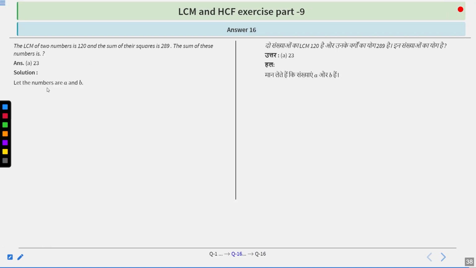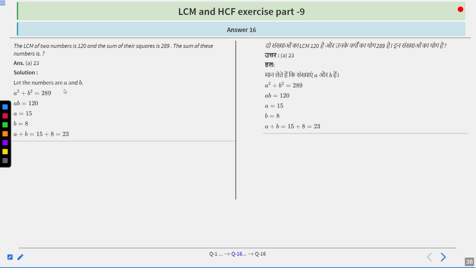So let us suppose the numbers are A and B. It was given that the sum of their squares is 289. That means A square plus B square is equal to 289. The LCM was 120. So A and B were numbers, then the LCM is 120. That means A into B is 120. So from these two equations, A square plus B square equal to 289 and AB equal to 120, we can